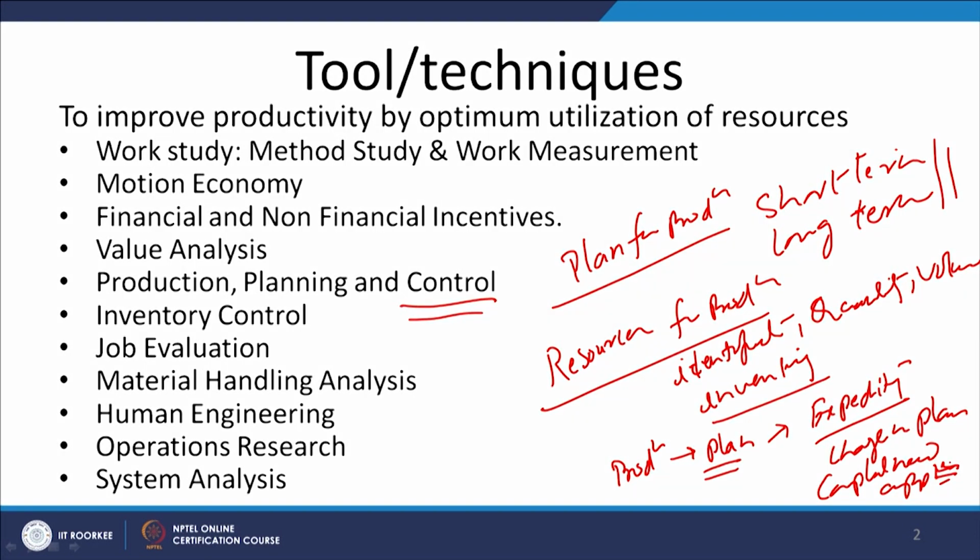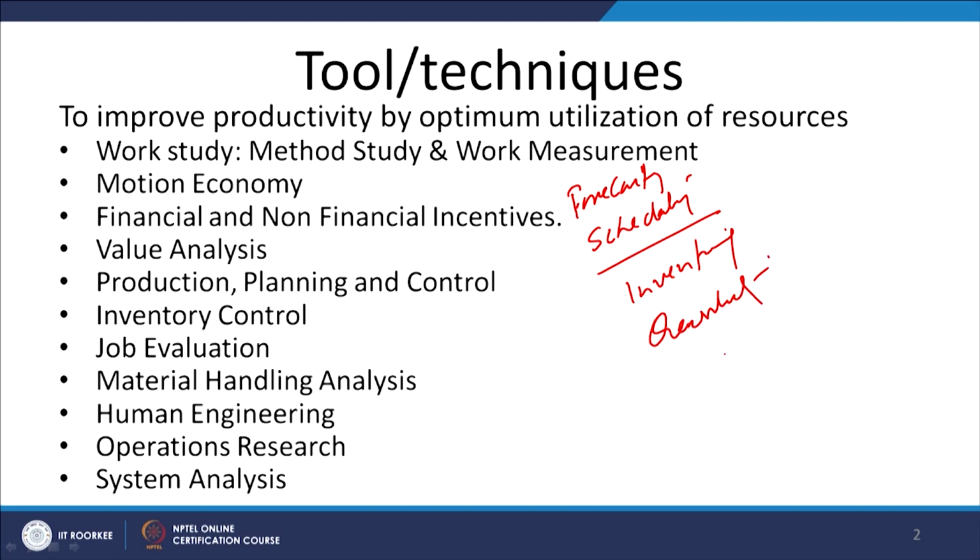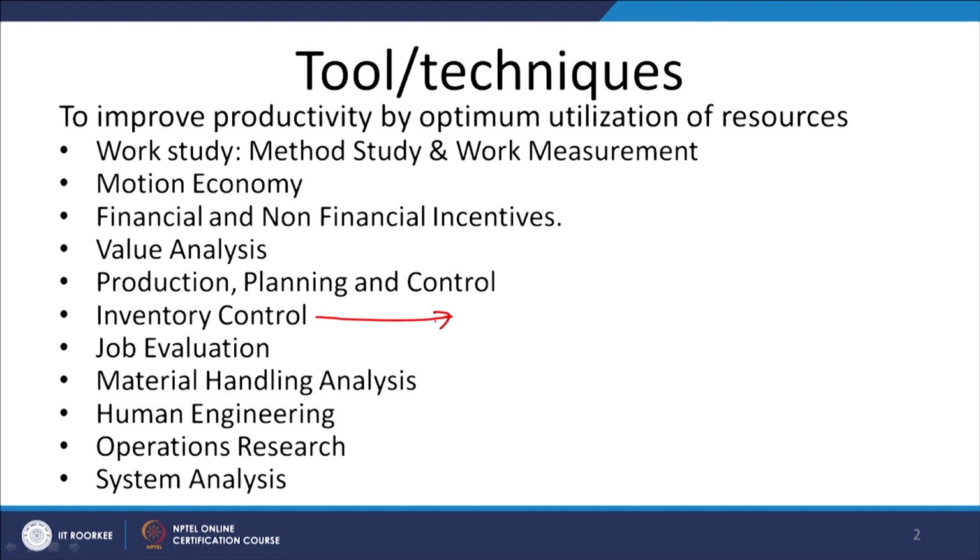So, there are things it involves, like scheduling, inventory, and also forecasting, quality control, and various other things which are needed, expediting of the things, so that we can review the situation at any moment of time to see if things are going as per plan, or some kind of change is needed. As I have said, inventory control,